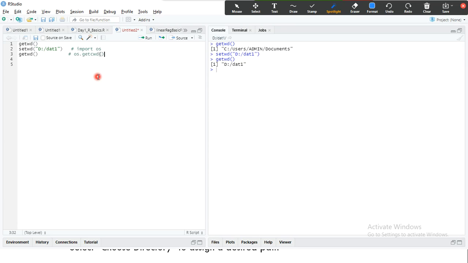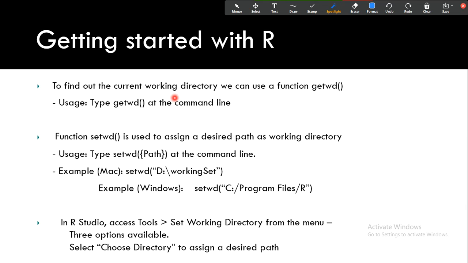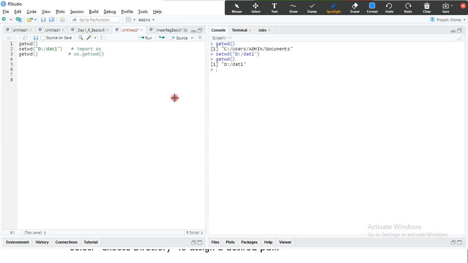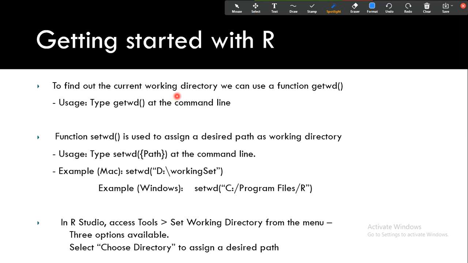This is the function you are supposed to use. And for set working directory, I think it is os.chdir. So this is how we can check the folder where RStudio is currently pointing.